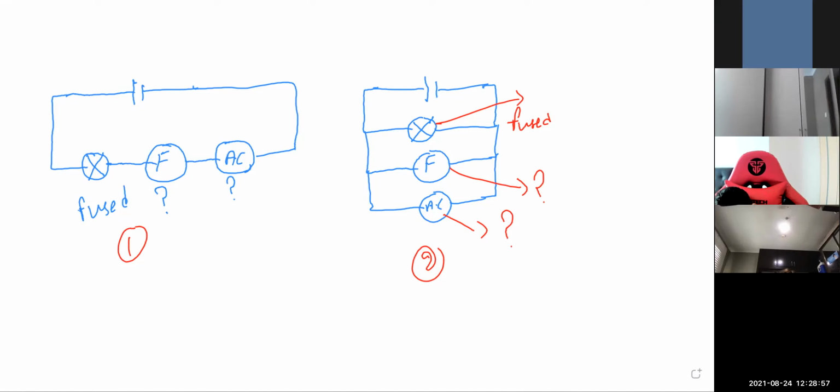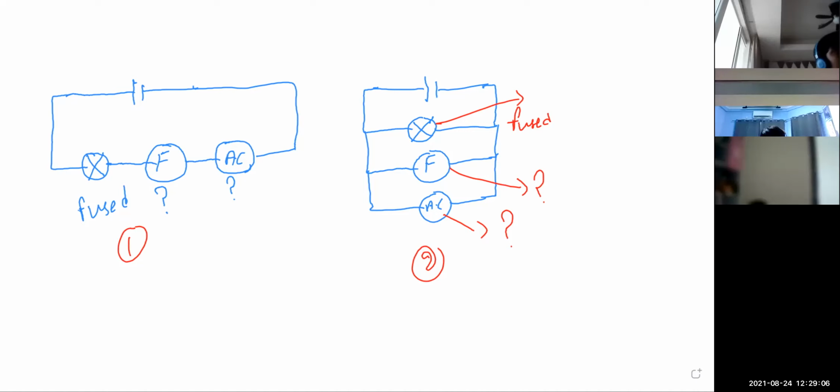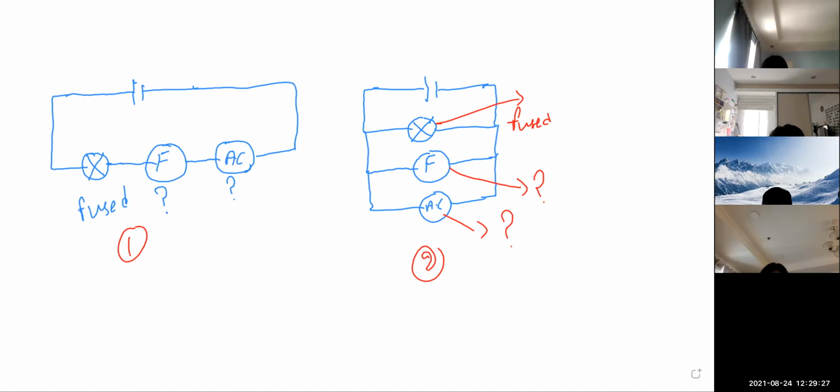Sir, are you asking if the electric circuit works or not? Yes. No, sir, the current will stop flowing, right? You said the current will stop. Okay. Any other student, Ethan, Sampan? Was the question if one of the bulbs is broken, will it keep on working? Sir, can I try? Yes, please. The first one wouldn't work because it's a series circuit. The second one will work if it's parallel. Okay.